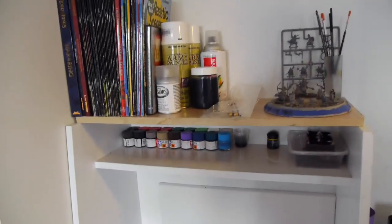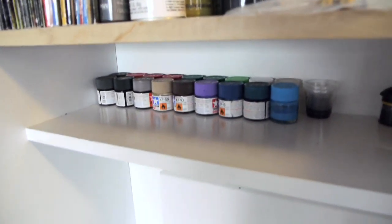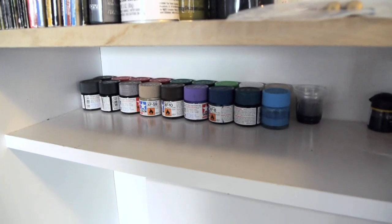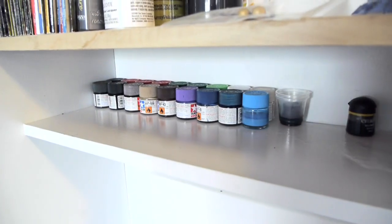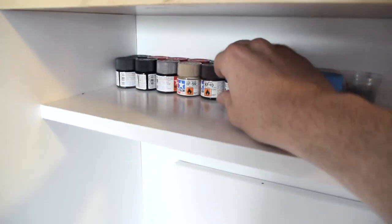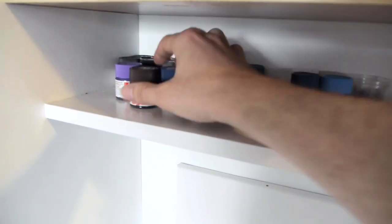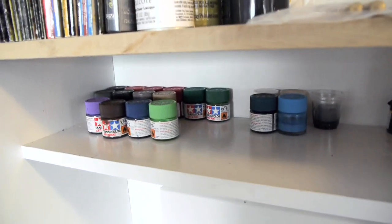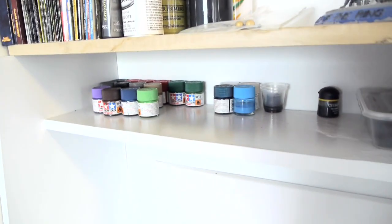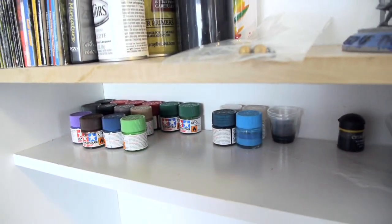But if we look up here at the top of my shelf, you'll see that I've got my old paints. These are my Tamiya acrylics in their pots that dry really poorly. They dry in their pots and it makes it all gunked up. But that's the Tamiya acrylics that I used, and the colors might give you an indication of what I was using them for. I was using them for my Illidan Stormrage action figure, at which point I purchased a copy of White Dwarf because I needed some help with painting, and that led to this current situation